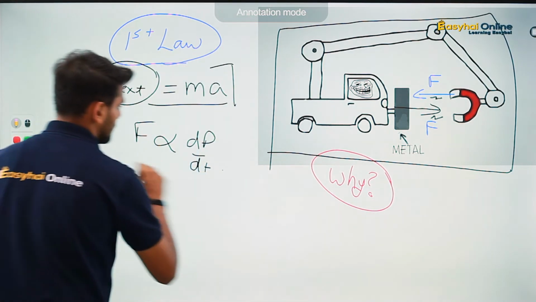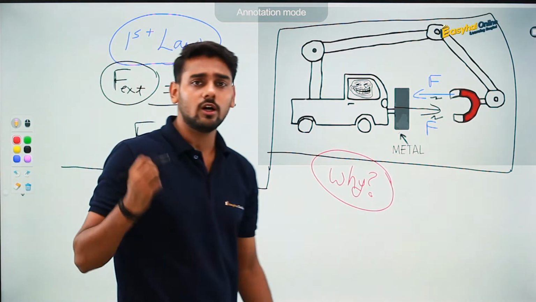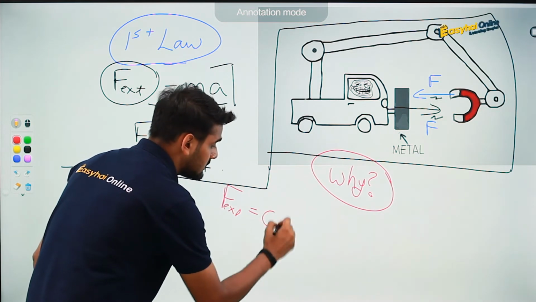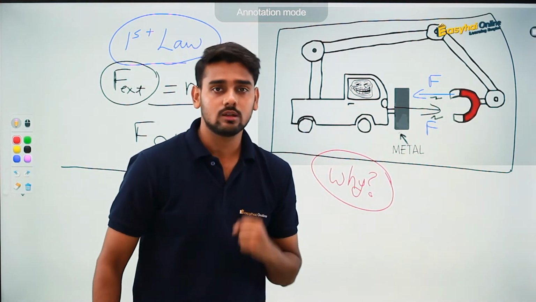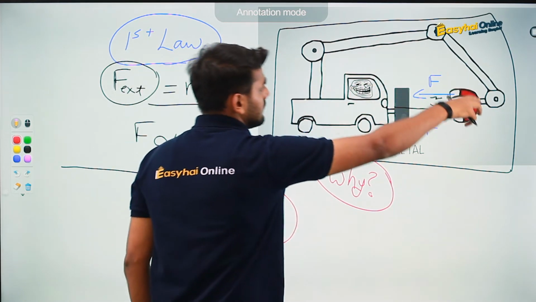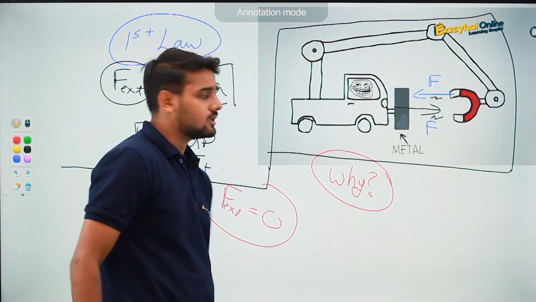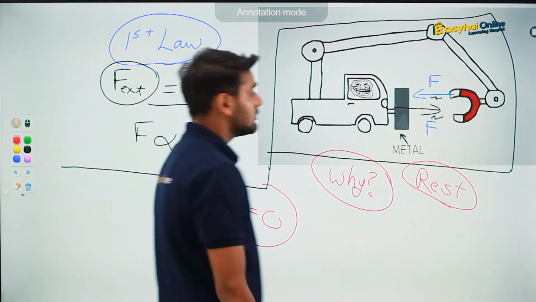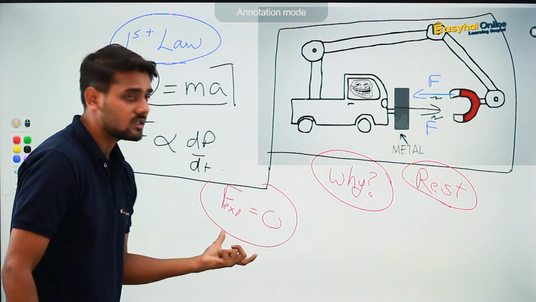Let's look at this from the perspective of conservation of momentum. In conservation of momentum also, we observed that whenever the external force on a system is zero, the total momentum of the system remains conserved. So the momentum does not change. As soon as you apply this magnet here, but this is already attached to this, we can consider that initially the whole system is at rest. So whatever happens, eventually this system is not going to move because the external force is still zero.